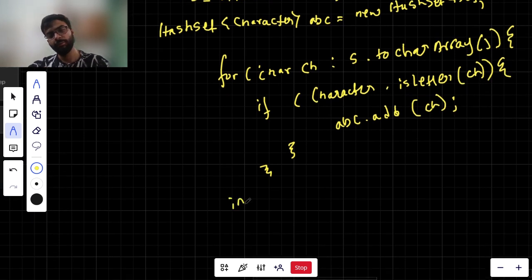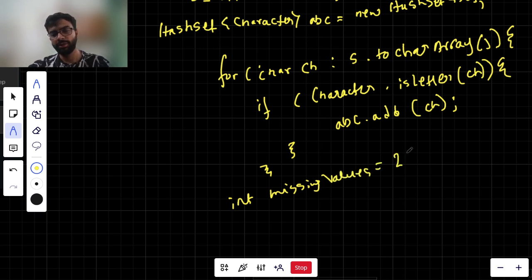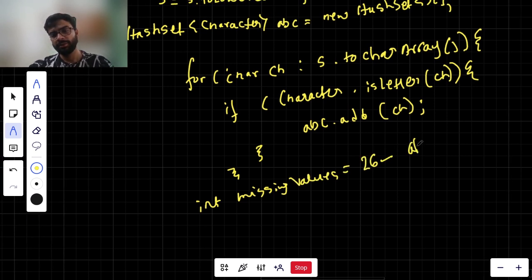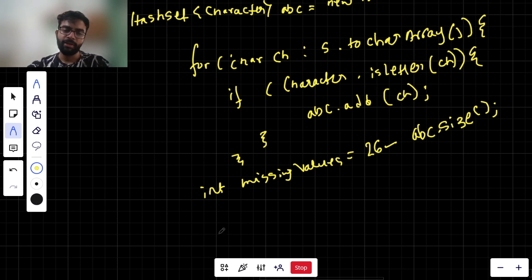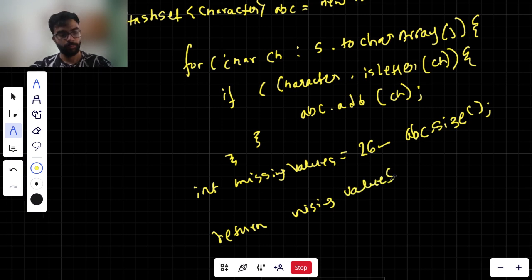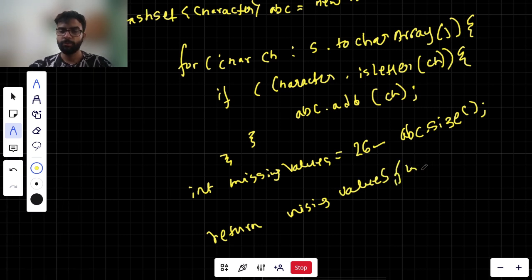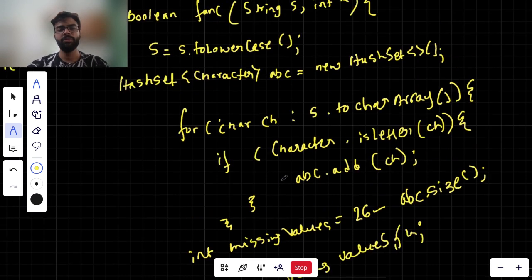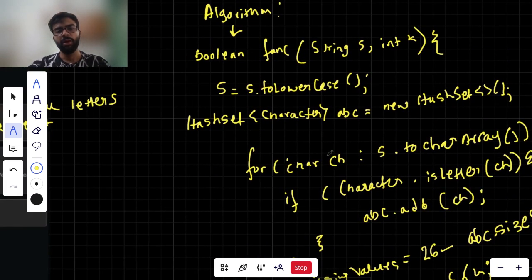After that, the missing values. For the missing values, what I'm going to do is 26 minus the size of abc, because that will give me the total number of elements missing. Finally I'm going to return whether the missing values is less than or equal to k. So this was an easy problem using a hash set, and I'm now going to